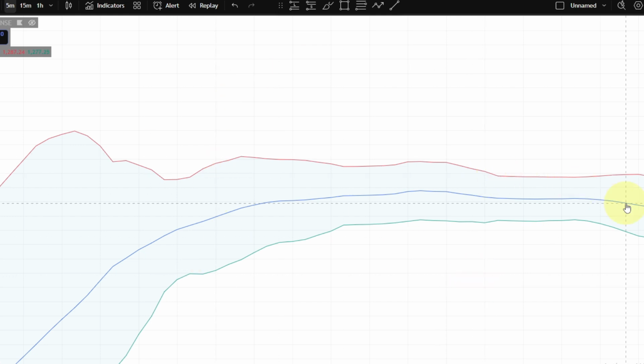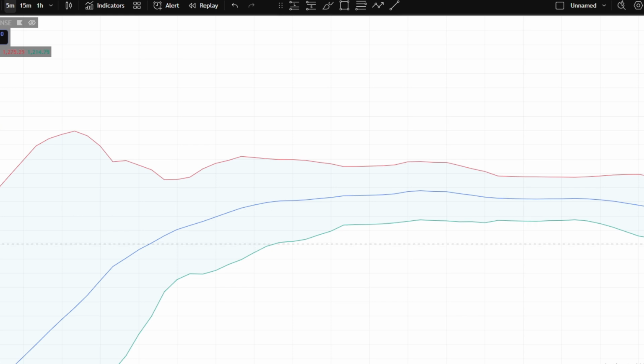So what is Bollinger Band? Bollinger Band is a band, or you can say it is kind of a rubber band, made with 3 lines. The first one is the upper line, the middle one is the middle line, and the lower one is the lower line. Along with these 3 lines, we can see a Bollinger Band area also. It tells us about the price volatility, whether the market is too volatile or it is range bound.